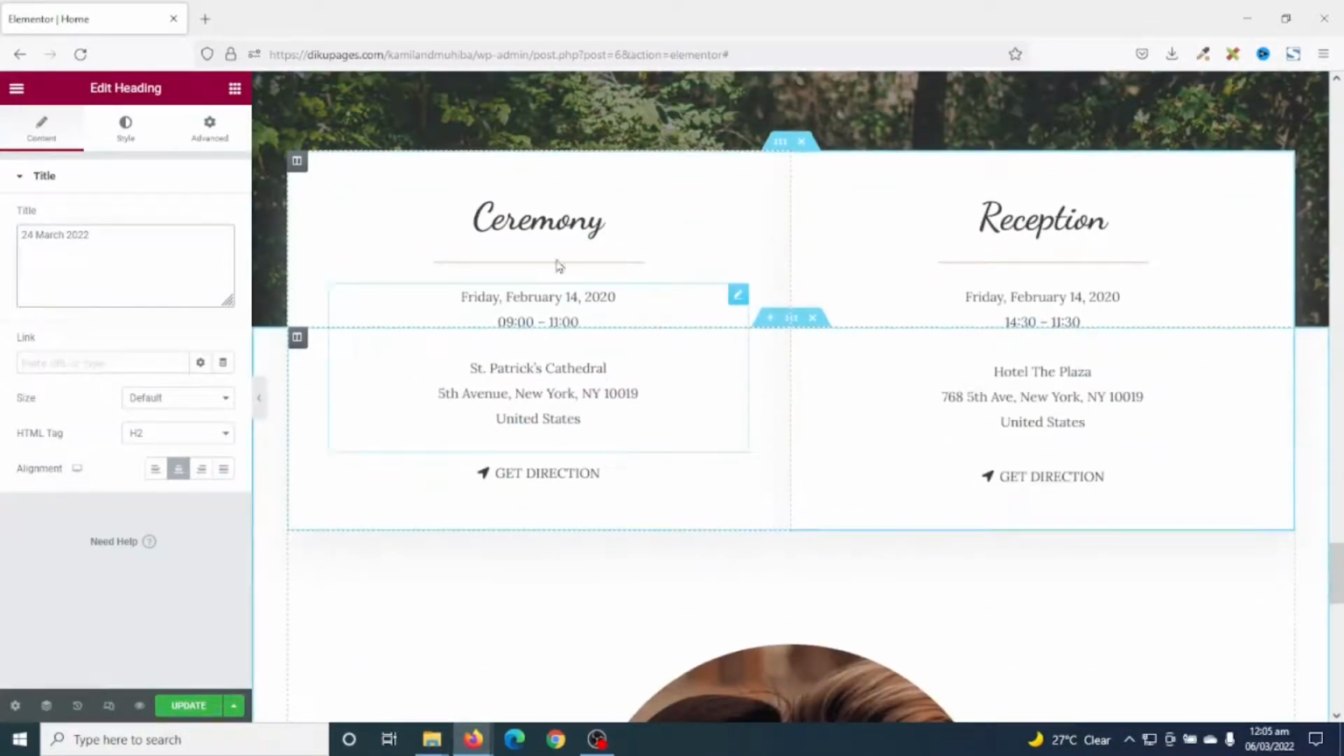Going down, this particular column is containing information about the ceremony, and this column is containing information about the reception. So with this, you can go ahead and customize it the way you want. For me, I'm going to enter the groom information right here, and in here I enter the bride information with